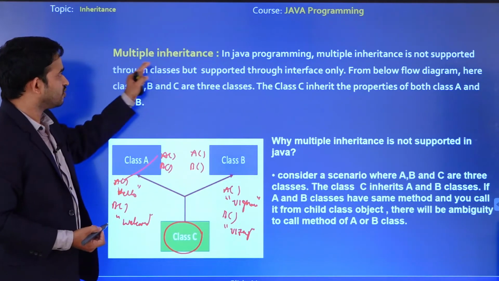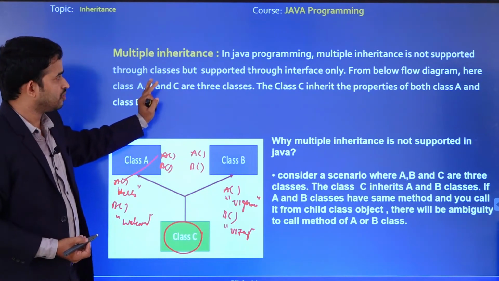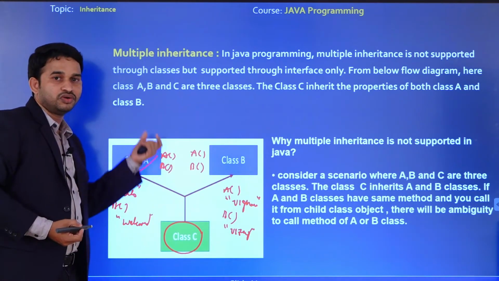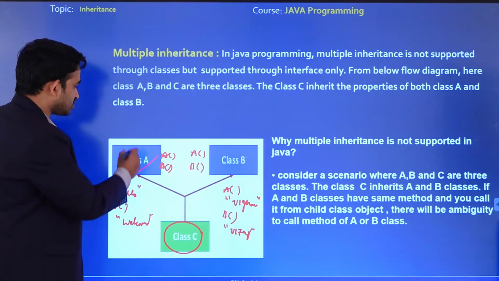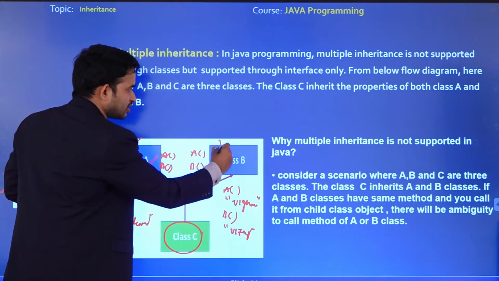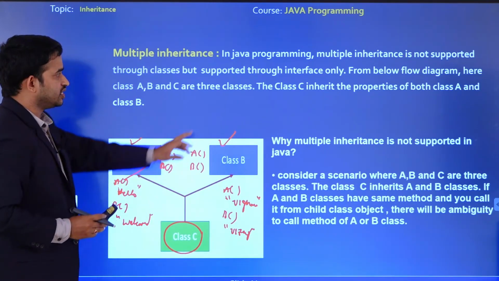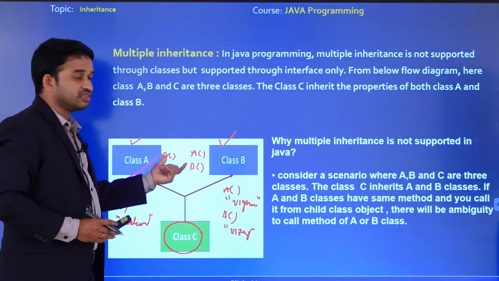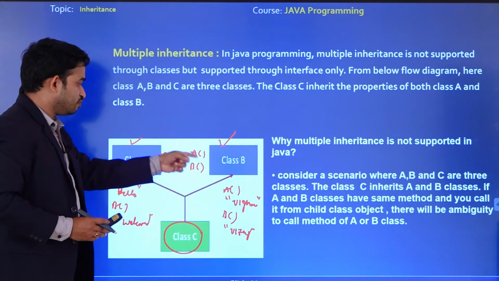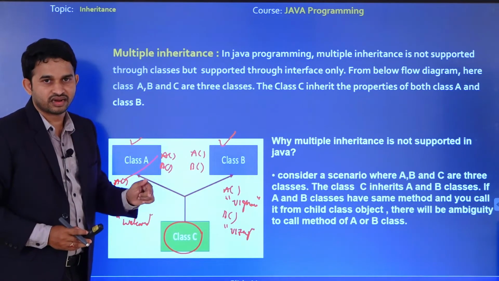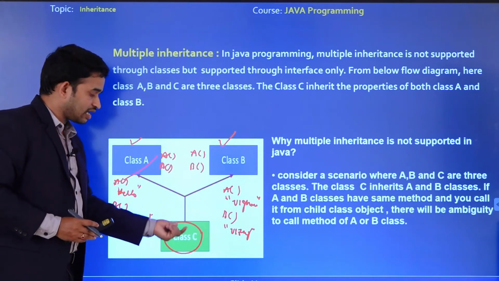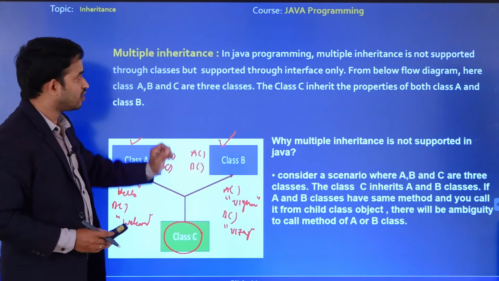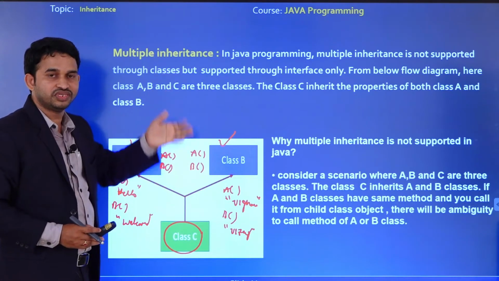Okay. So this is about multiple inheritance. What is the meaning of multiple inheritance? It means one class acquires the properties of two base classes. Here class A is the base class, class B is the base class. So here class C inherits the properties of both class A and class B. So that is the main drawback. If both the classes contain the same method, there may be an ambiguity. The class C may get confused about which method to call. So that is the main drawback of multiple inheritance in Java using classes.